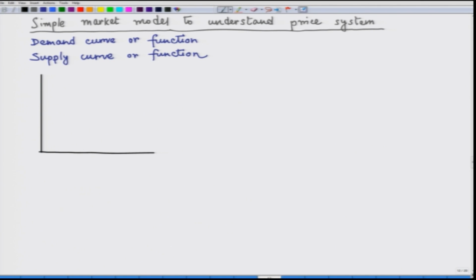Along the horizontal axis, I measure the quantity bought and sold denoted by Q, and along the vertical axis I measure the unit price of the commodity, which is denoted by P. From the discussion on demand and supply, we can write a simple form of demand function, quantity demanded as a function of its own price. Similarly, we can also write S, quantity supplied, as another function of the market price that is observed. Now, let us plot these two functions.